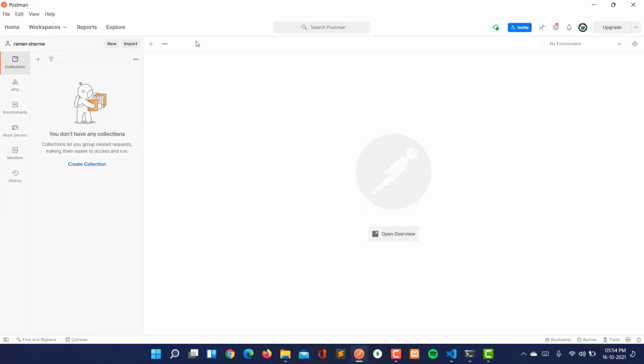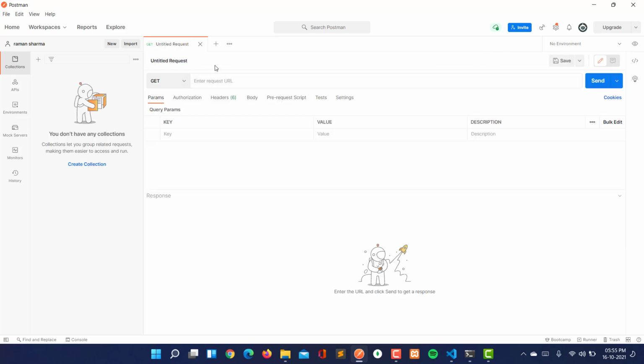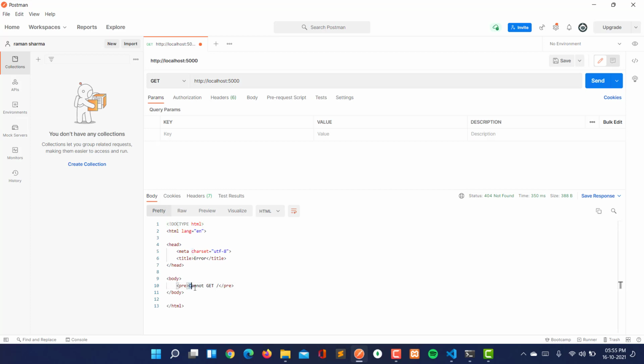But when I go to Postman and check here, let's first create a new request, and here I'm going to write HTTP because it will be on the localhost and port 5000. When I send the GET request here, I will not get anything. See that here I am getting cannot GET slash. So this means that our server is running, but we are not getting any route here.